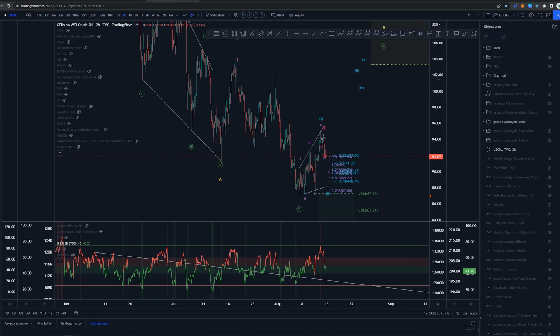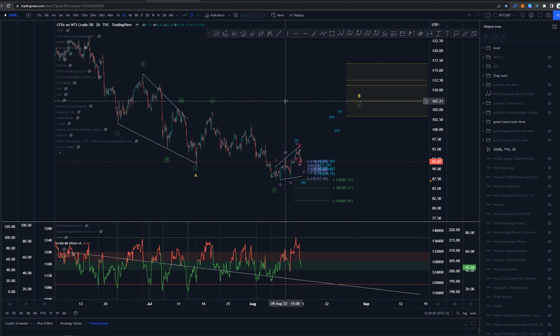But yeah, that is pretty much everything I wanted to cover on all of these 4 assets and my expectations